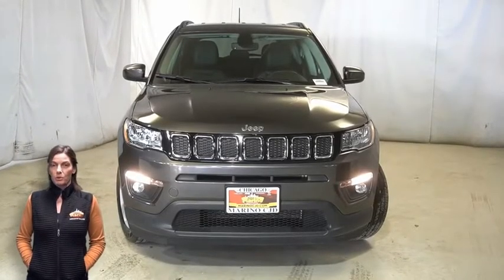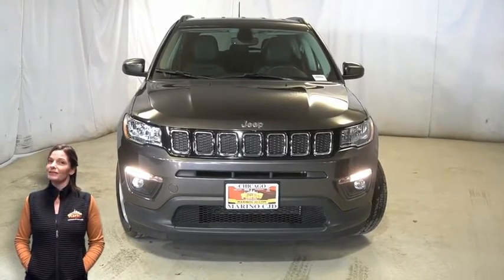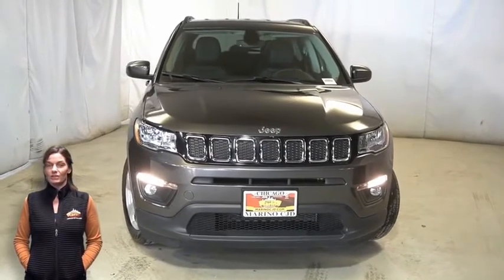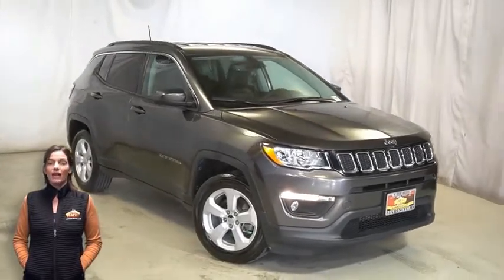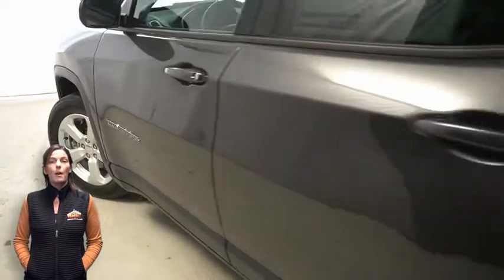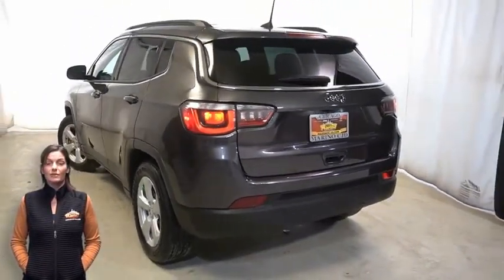Have you been searching for the perfect compact SUV with safety and reliability without breaking the bank? Take a look at this 2019 Jeep Compass Latitude in granite crystal metallic. With halogen quad headlamps, fog and cornering lamps, 17-inch aluminum wheels, power heated mirrors, deep tinted sunscreen glass, rear window